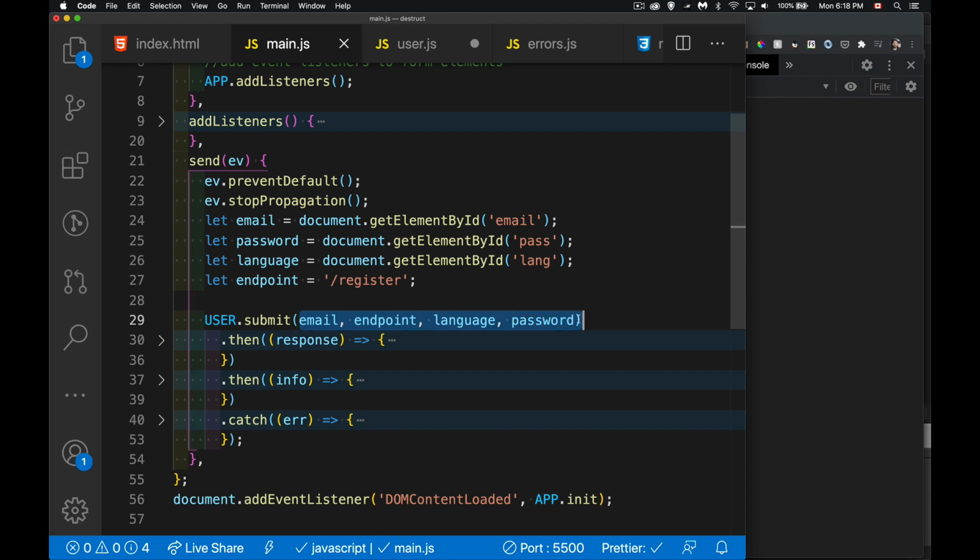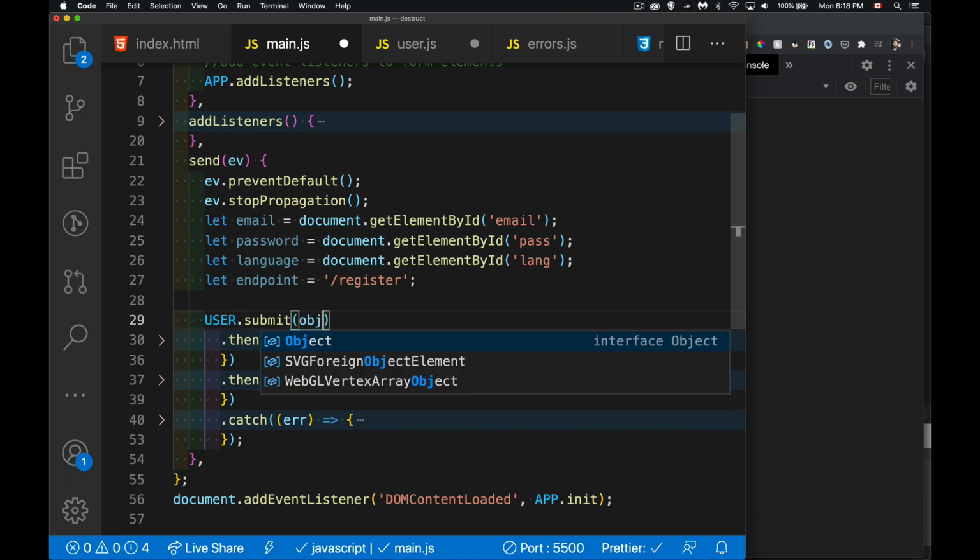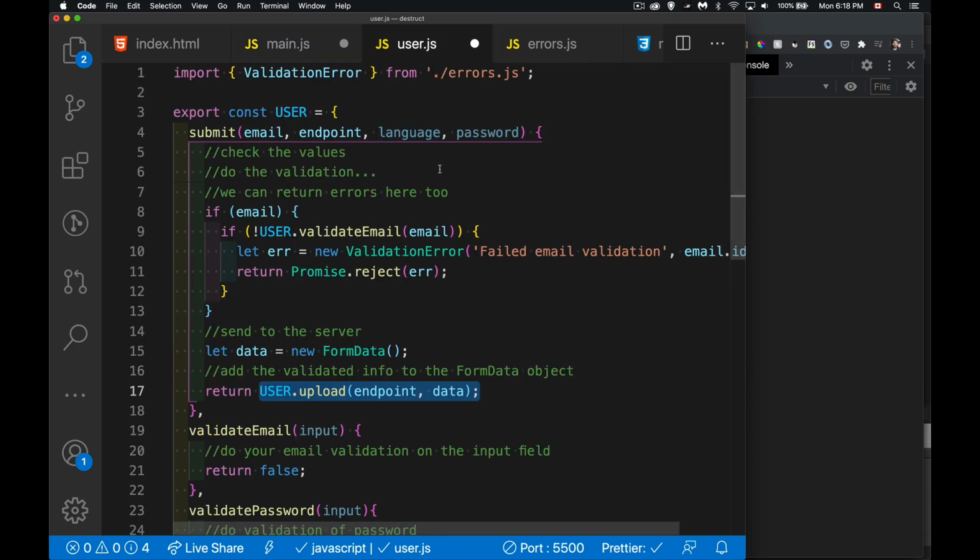Right now, I'm passing in 4 things. What if I only passed in one thing? So I pass in some object. Over here, I'm going to receive one object. So if this were an object like that, instead of a whole bunch of individual parameters, now it's one thing, one object that's being passed in,